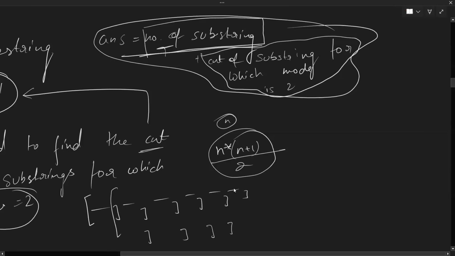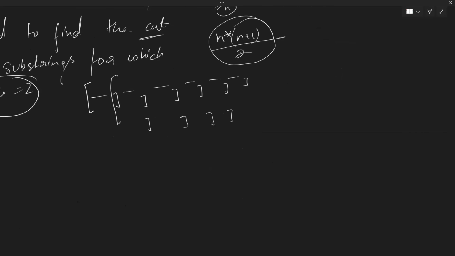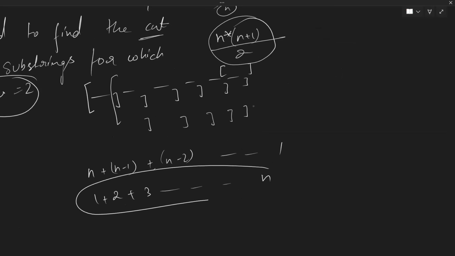So for each opening point, count the closing points: for first you get n, for second n minus 1, for third n minus 2, and for the last you get just one closing point. So the sum is 1 plus 2 plus 3 all the way up till n. This is the sum of first n natural numbers